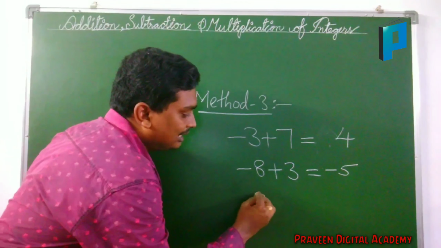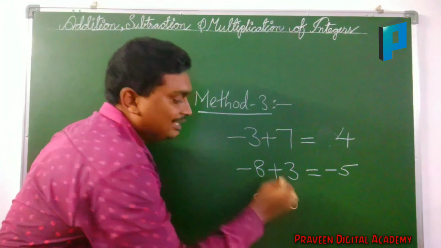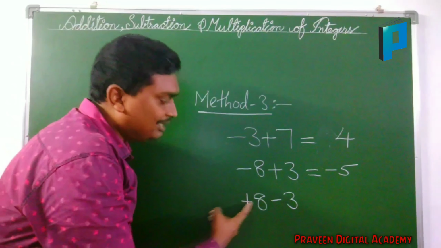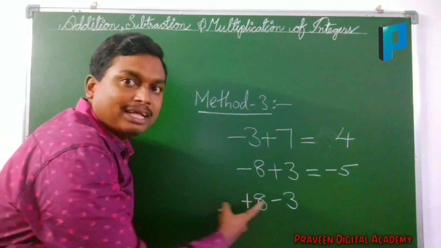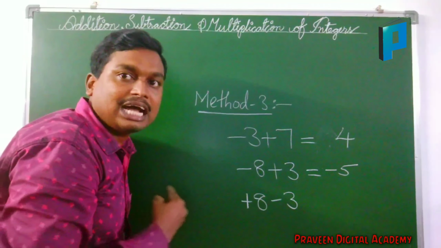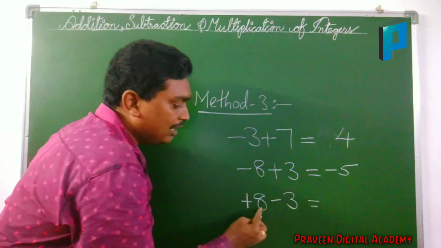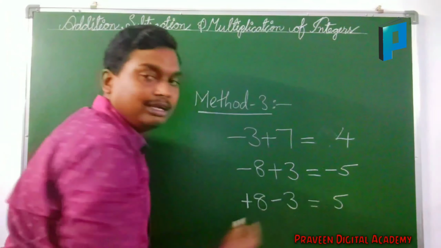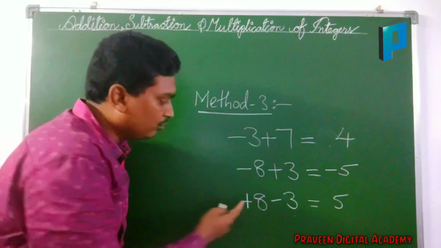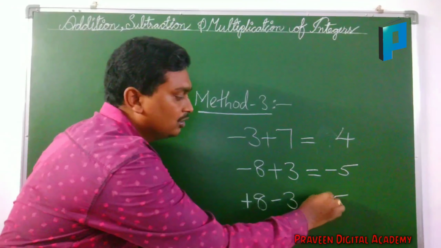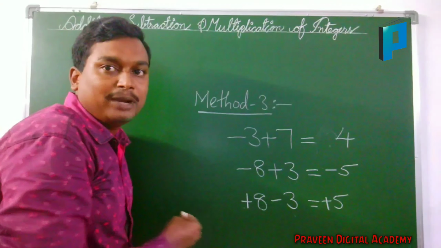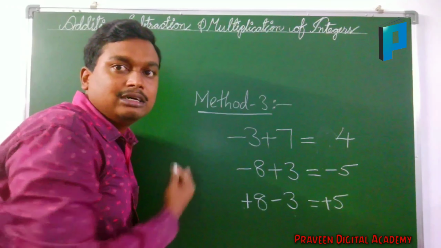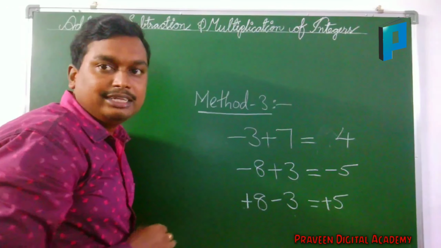Here if you have 8 minus 3, 8 means we can take it as plus 8 only. Here one plus is there, one minus is there. What to do? Subtract the higher number and the lower number. What is the higher number here? 8. 8 minus 3 is how much? 5 we will get. And always keep the sign of the higher number. What is the higher number's sign here? Plus. So keep the plus sign. In this way, you can add or subtract integers very easily.